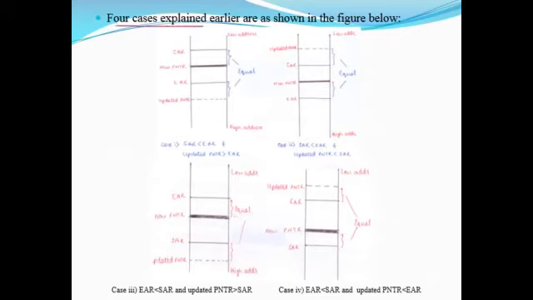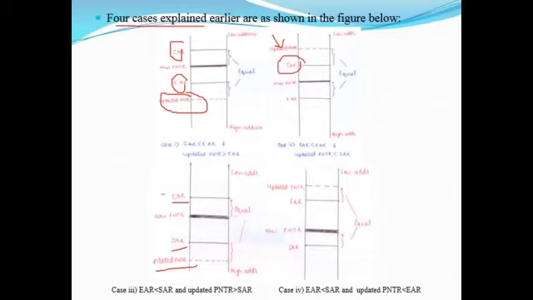So one is SAR, then the other is EAR, and we see that there is an updated pointer. Updated pointer should be lesser. Here the updated pointer value is above SAR. So we can see that the updated pointer is above SAR. Here the updated pointer is below EAR, that is the end address register. And coming to the third, you can see that the updated pointer is below SAR and also below EAR.